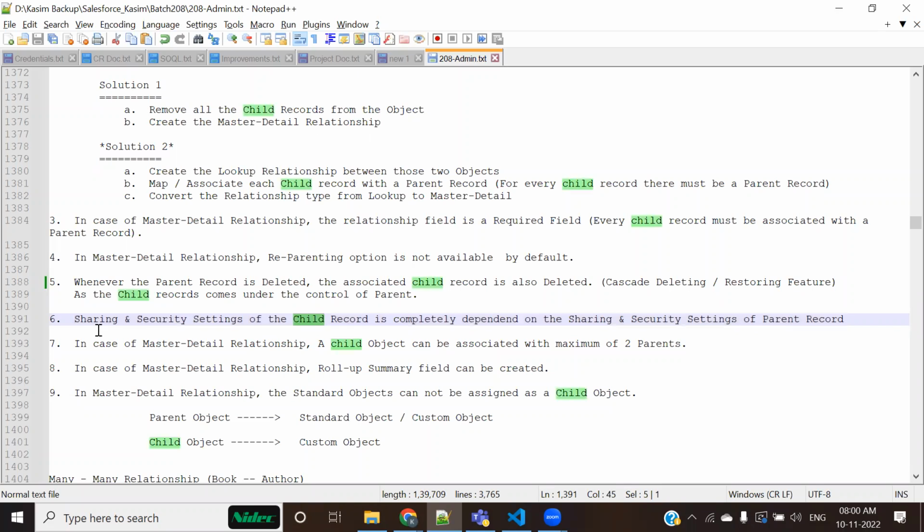So the child's sharing and security settings are completely dependent on the parent. Whatever you have selected for the parent, the same setting gets applied to the child, and there is no separate setting for the child if it is associated with a parent in a master detail relationship.